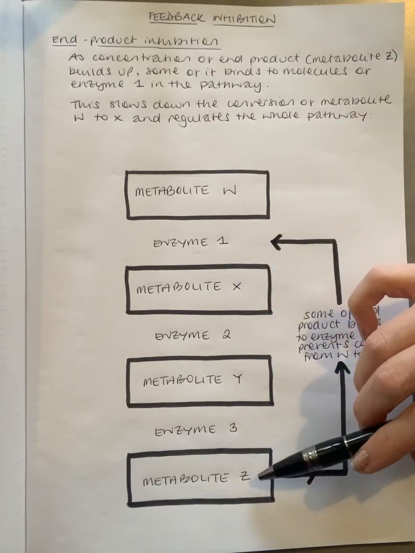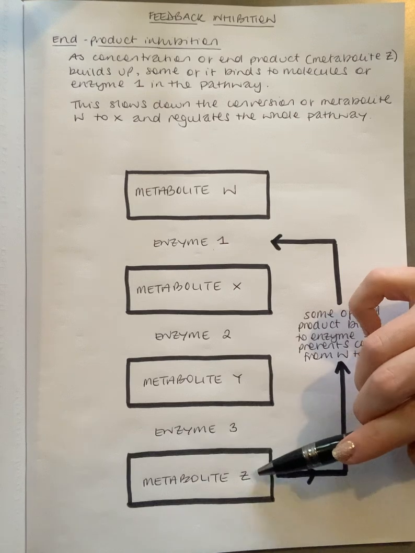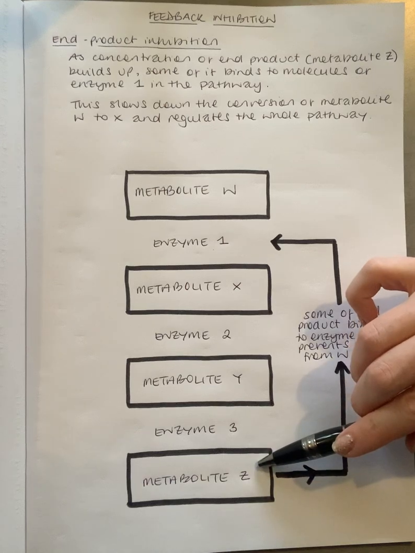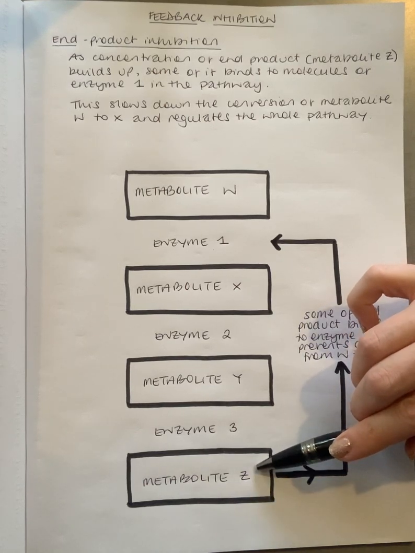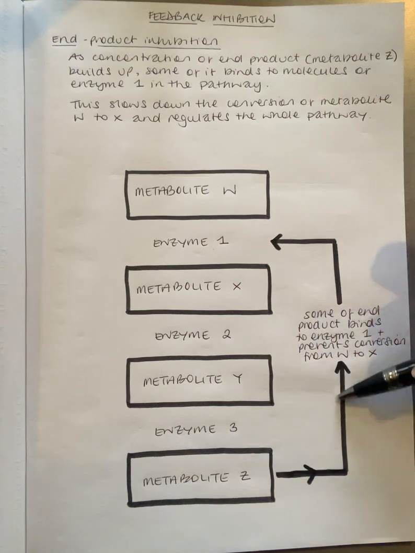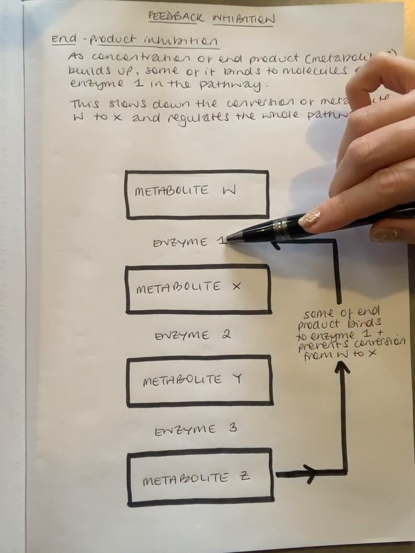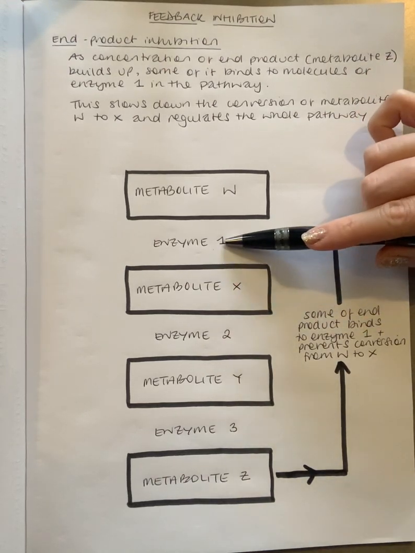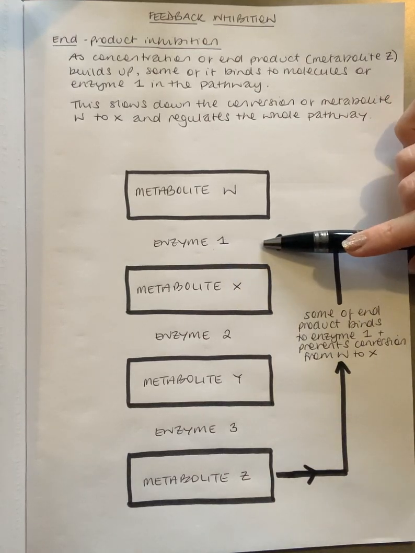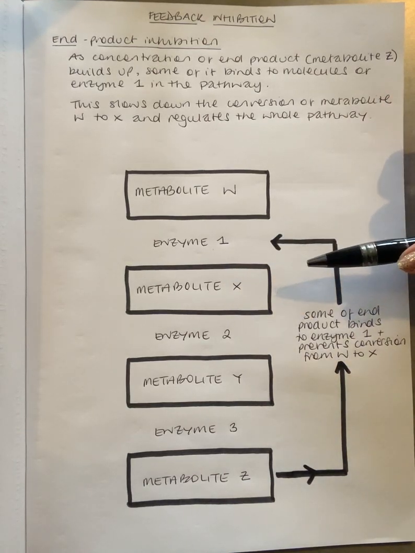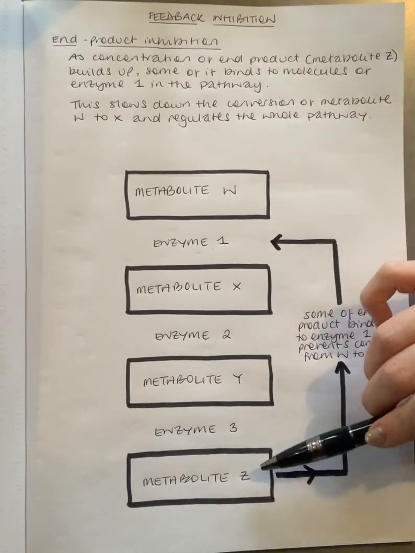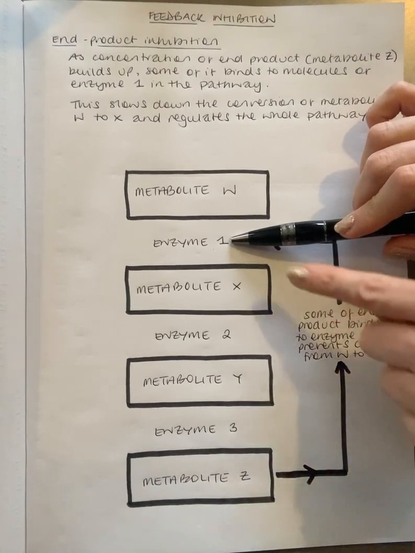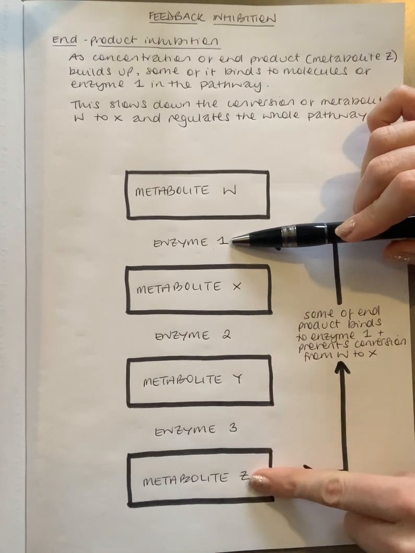So when metabolite Z is building up and building up, okay, we've got a high concentration of it, molecules from this metabolite go back to the very first enzyme in this pathway, okay, and bind on to the enzyme, which therefore triggers the enzyme to slow the process down, to slow this pathway down, okay? So by metabolite Z binding on to enzyme 1, it therefore inhibits the pathway continuing,